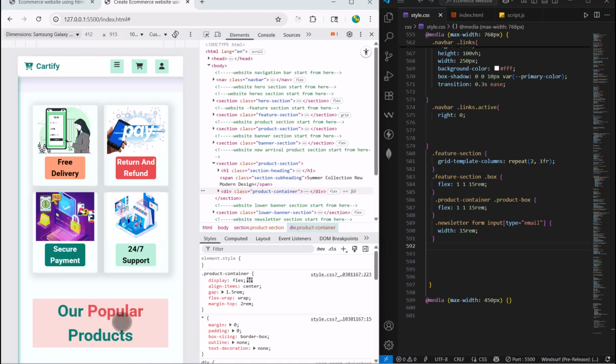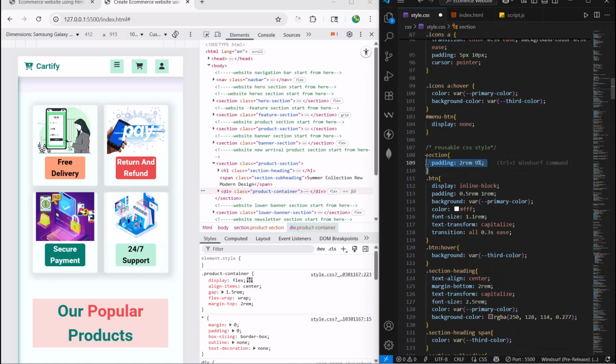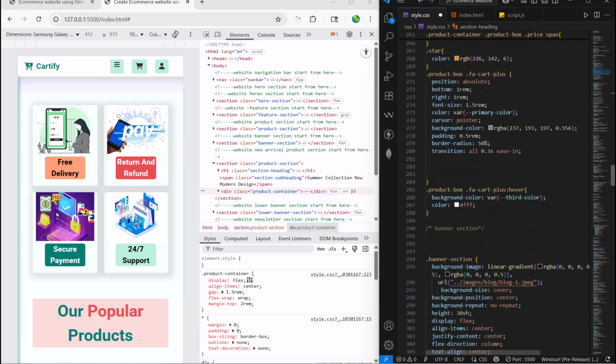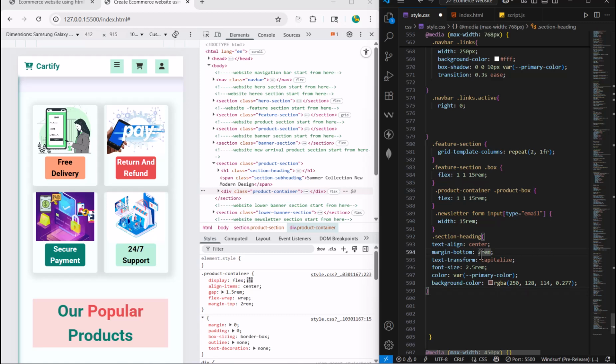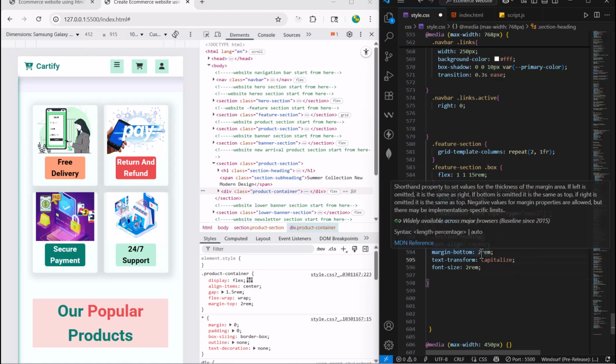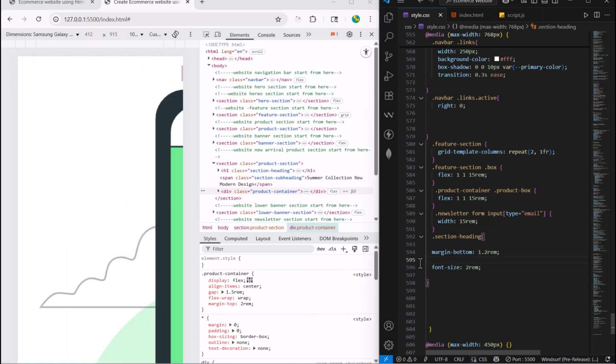Let me decrease the size for this section heading right here. So to do this, for the style for section heading right here, here we have section heading. Take a look, copy this and paste right here. Now let me decrease the font size to a smaller rem and remove this. It's not necessary. And remove again. And now let me decrease the margin bottom to 1.2 rem. Yes, and remove this. It's not necessary. And this is not necessary, right? And so now when I save and refresh the web page,